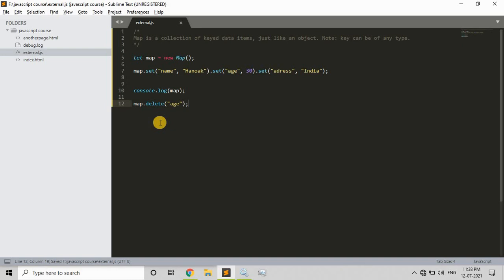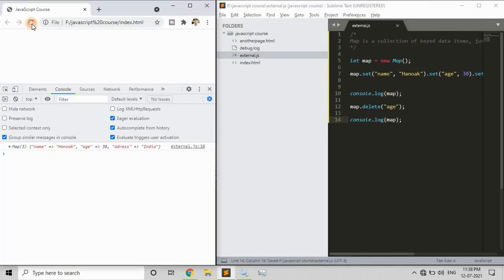After this I need to console log it, and let me check what the map will be after deleting my age. As you can notice here, first we have got my age, and after deletion the age element is removed. This is how we remove any element from the map.